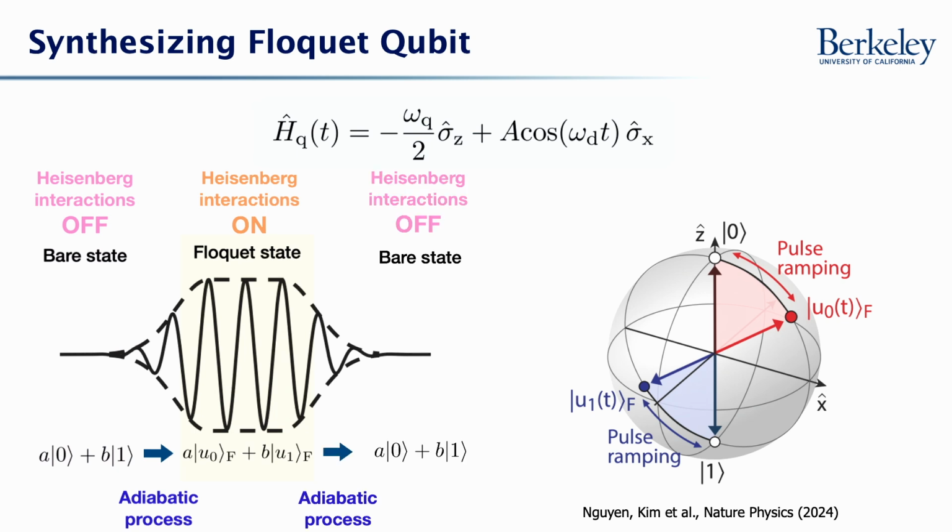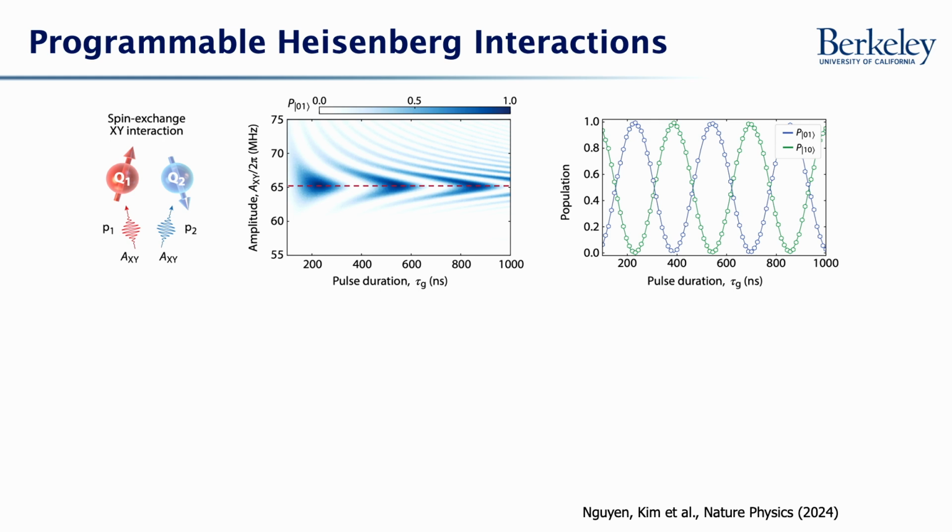And then we adiabatically map ourselves out of this space to then perform readout with the techniques we've already shown. And we've also used some shortcuts to adiabaticity methods to speed up as much as possible this ramp between our bare and Floquet states. Okay, so a first experiment we might want to do to verify that we actually can engineer these XY Heisenberg